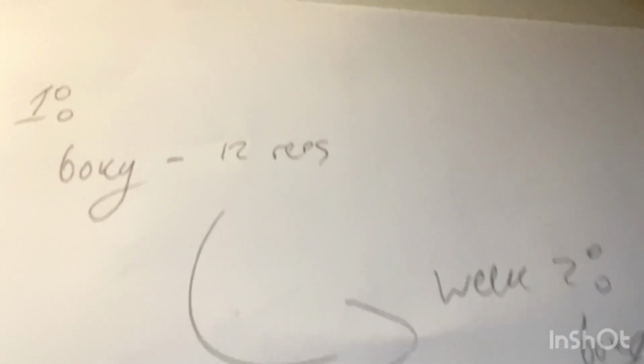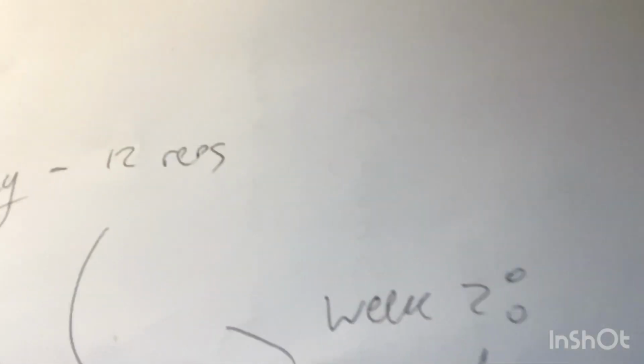So, say for example, I did on week 1, 60 kg for 12 reps, just a random number. And then week 2, I did 60 kg for 13 reps. This is what I mean. So this is the first method. Week 1, 60 kg, 12 reps. Week 2, 60 kg, 13 reps. This is what I mean by the first method of progressively overloading.